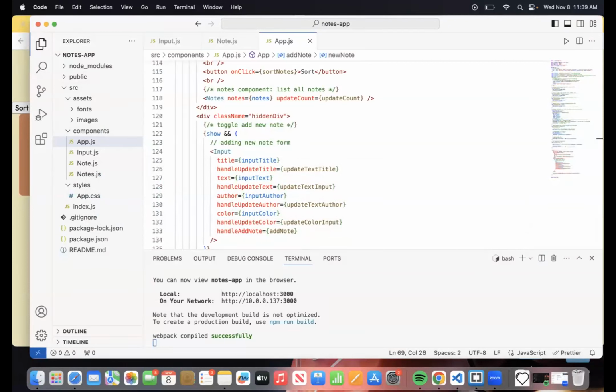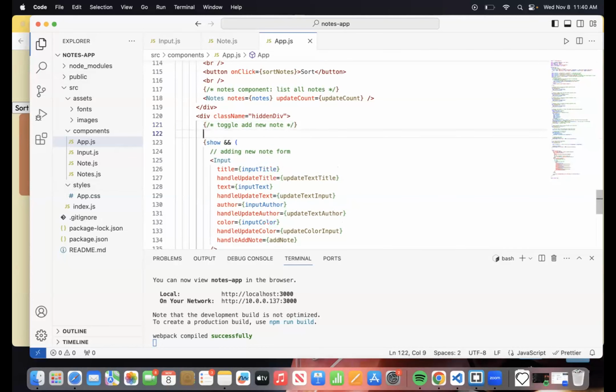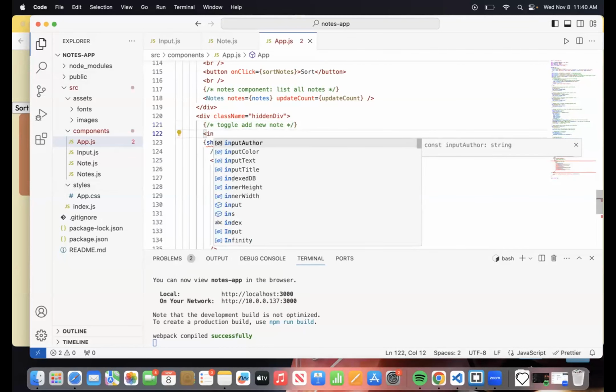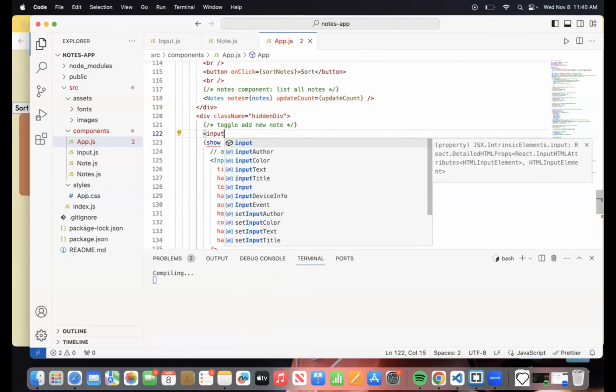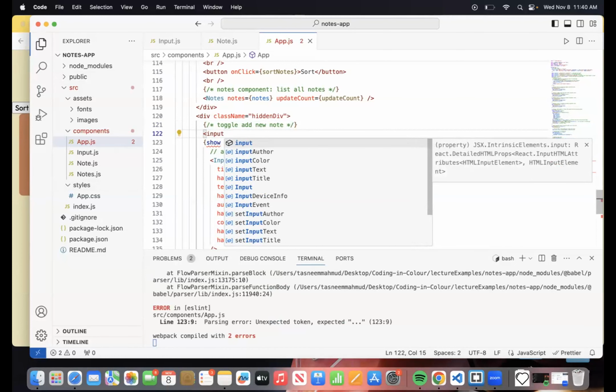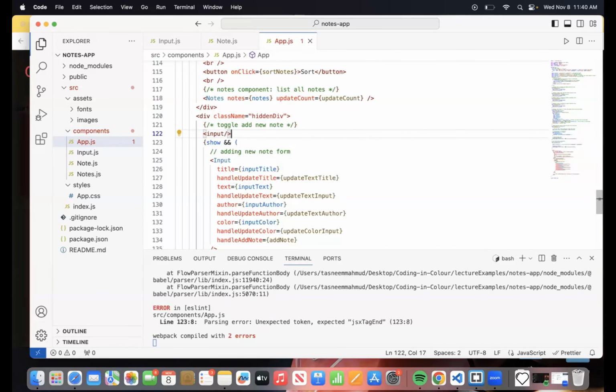Inside this, I'm going to have to create an input tag and create a button that will deal with the search, and also I need something that refreshes the search. So right after this, I'm going to write down input, and inside input, I should be closing it like this.